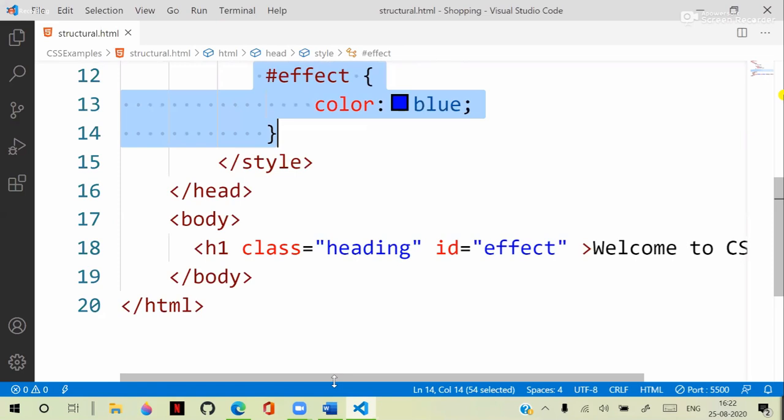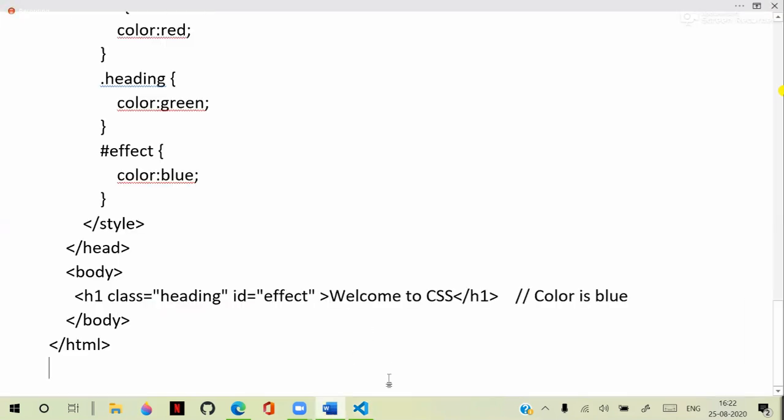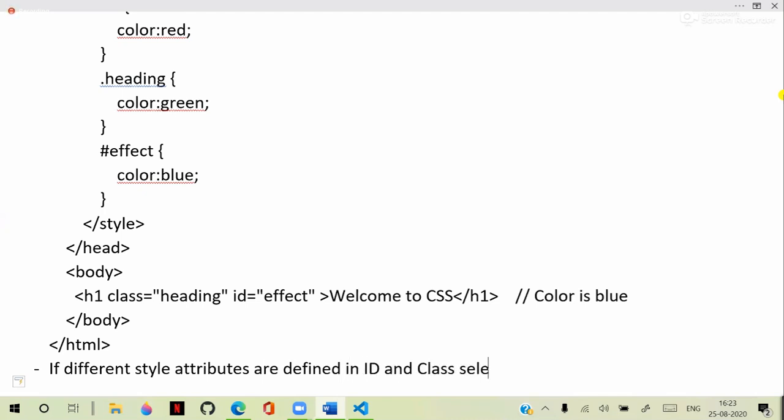One more point you need to know is, if different style attributes are defined in the ID selector and the class selector and applied to a single, specific element,